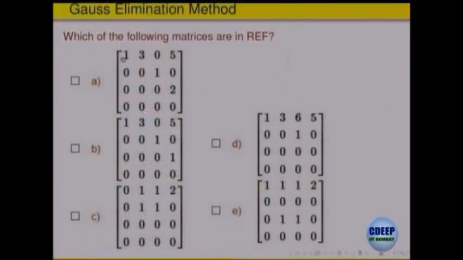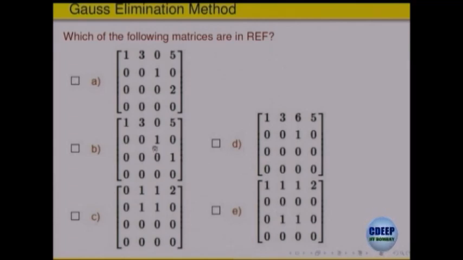So okay, clear. Out of this, let us look at the first one. A says what? There is a non-zero entry here, that is the first place. The second one comes at the third column, and this one comes at the fourth, and the bottom is 0. So the first matrix is in row equivalent form.